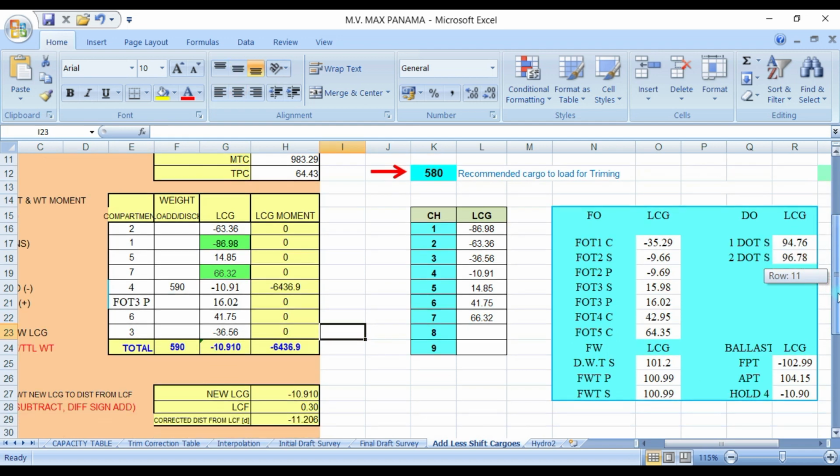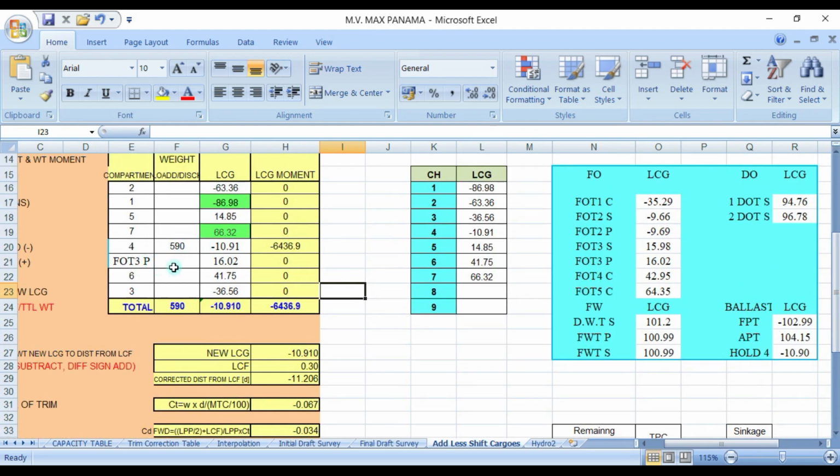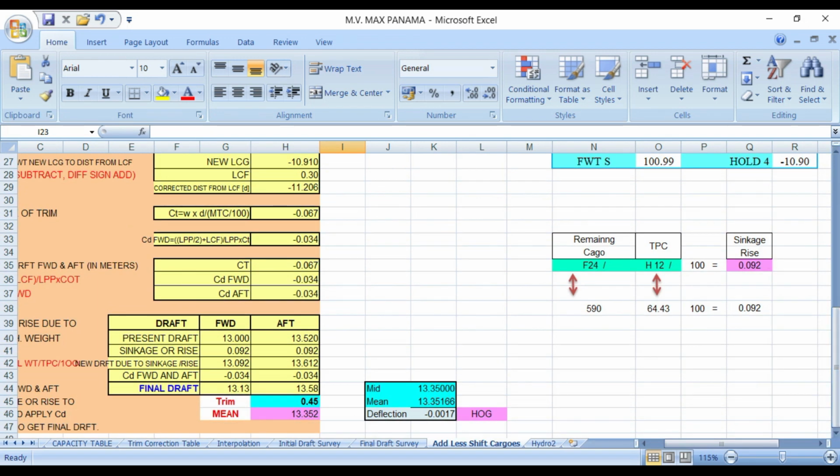So what will be our draft forward? So the more you go aft, the bigger your trim is. So your forward draft will be 13.13 and your aft draft will be 13.55. You have a trim of 0.45, but your mean will still be the same. Because why? Because you load the same amount of 590 on each hold, so your mean will never change. It will always be 13.52, and you mean here, and you still have a 0 deflection here,